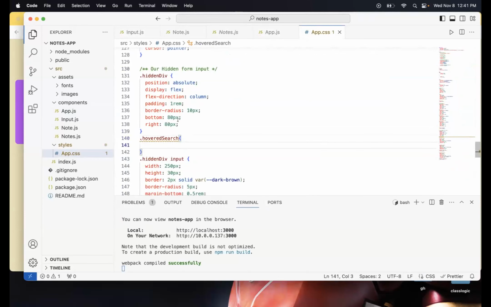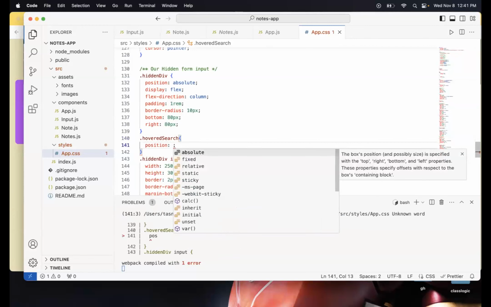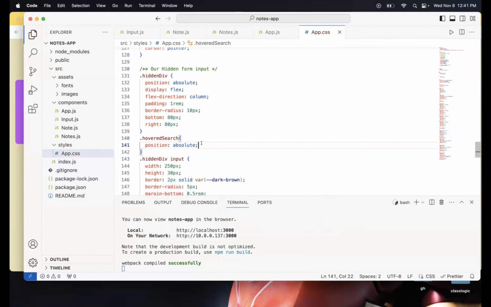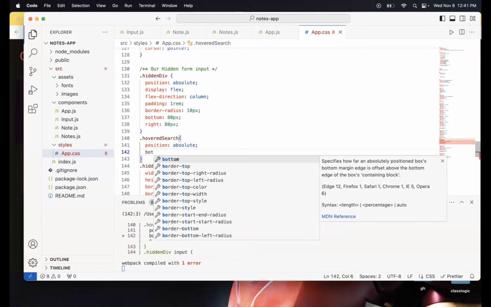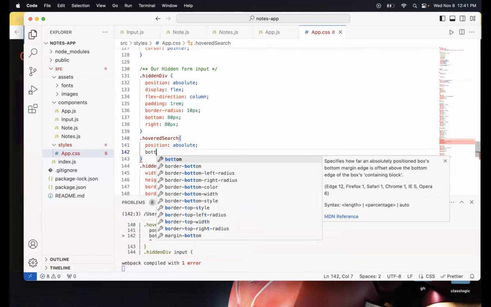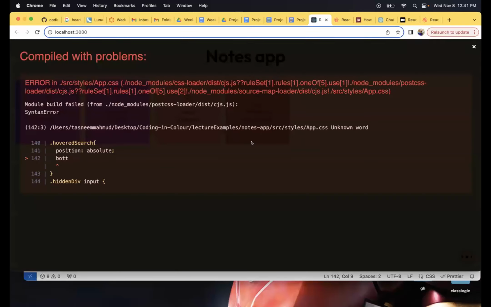So inside, it's gonna be pretty much the same thing, except I have to just change the position to absolute, just so that I can move it around. Let me put a bottom of, okay, so for bottom,